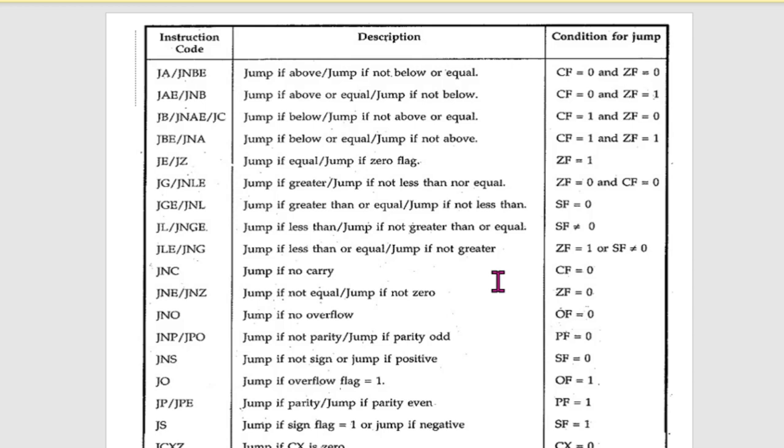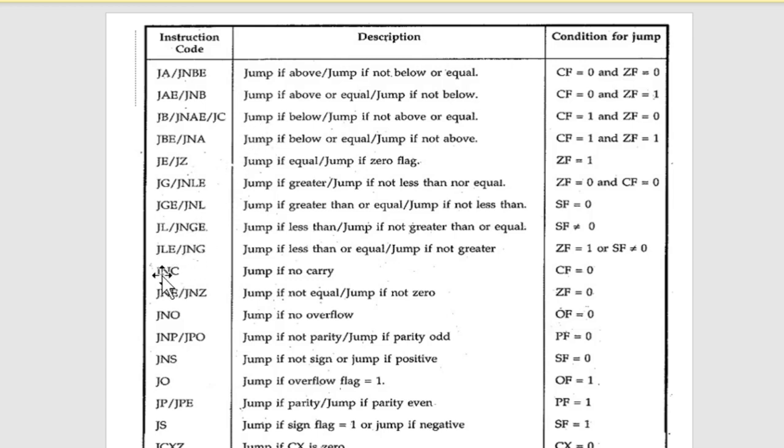Now what conditional jumps are possible in 8086? Look at this table, which gives you a list of the possible conditional jumps and their meanings. If they ask you to explain, you possibly need to go through each, and it is easy to summarize as you know about the flags. Basically, the jump is made based on a flag. For example, you see an instruction, jump if above, or jump if not below or equal. The meanings are the same. If I say jump if above, you are checking that a number is greater, and the condition evaluated is the carry and zero flags.